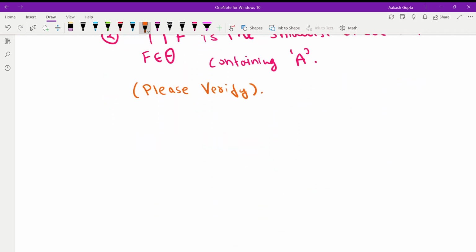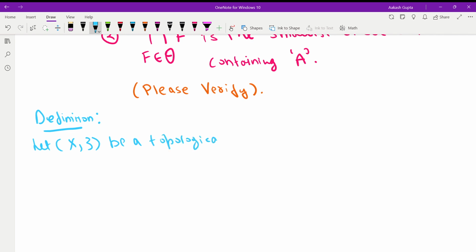So, a definition. Let (X, tau) be a topological space and A is inside X. Then